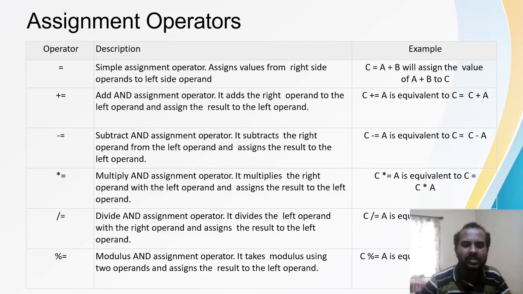So B is solved first and the B value is assigned to A. Or for example, let me have something like C is equal to A plus B. So A plus B is solved first and then the value is assigned to the left hand side operand, that is